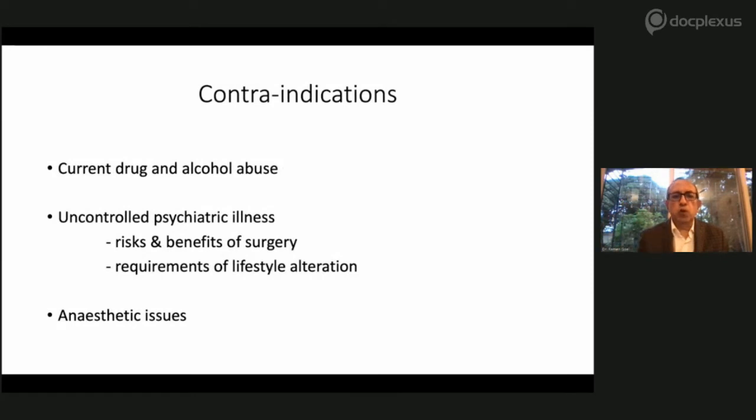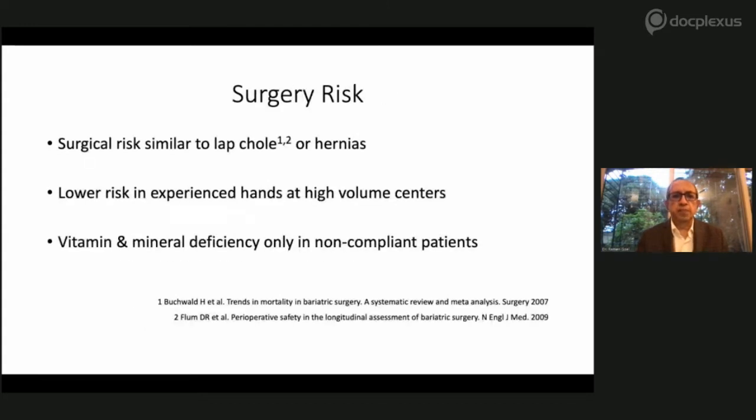There are very few contraindications for surgery. So if somebody is currently using drugs, drug abuse or alcohol abuse, if somebody is an uncontrolled psychiatric patient, or if that person is not fit for anesthesia, there are very limited contraindications for surgery. And there has been a lot of apprehension about the safety of surgery. Now, what Dr. Rushin said and what has changed over the years is that the surgical risk of bariatric surgery is the same as what happens with lap cholecystectomy or a hernia surgery, which is like